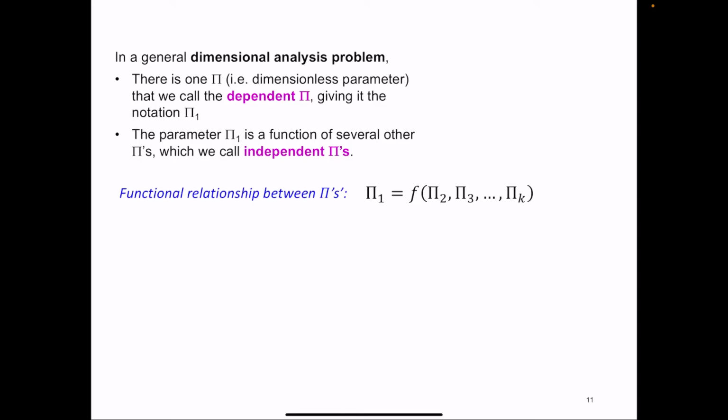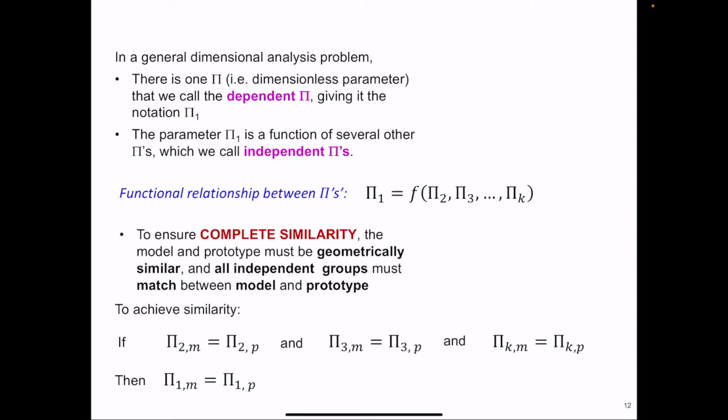And parameter pi 1 is a function of several other pi's, which we call independent pi's. The functional relationship between the dependent pi and independent pi's is written as this: pi 1 equals a function of pi 2, pi 3, and so on. To ensure complete similarity, the model and prototype must be geometrically similar, and all independent groups must match between the